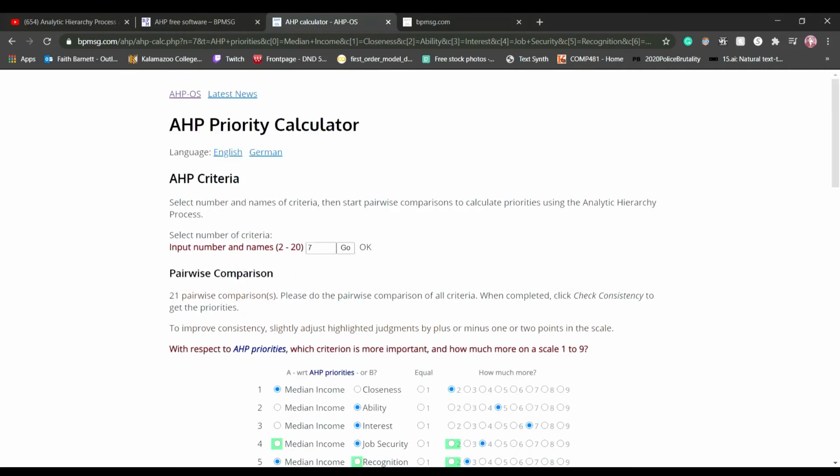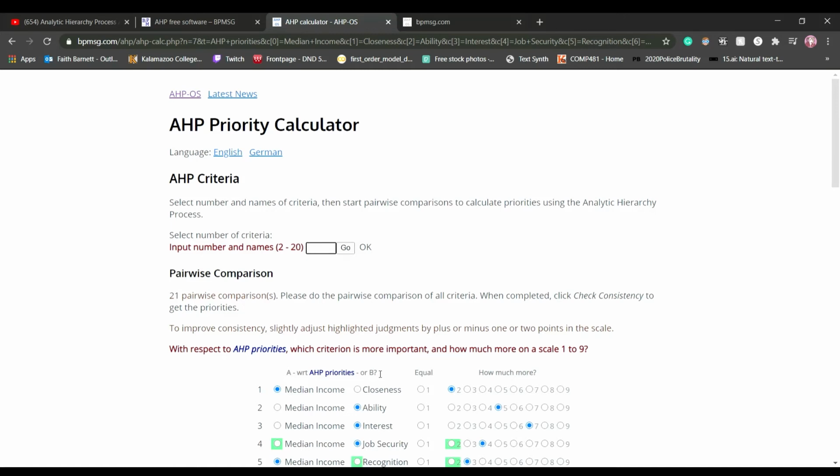So next up, what you do is you take the sub-criteria of these. You do the same thing essentially again. However, this time you do it for your sub-criteria. So in this case, we would be using our income medians